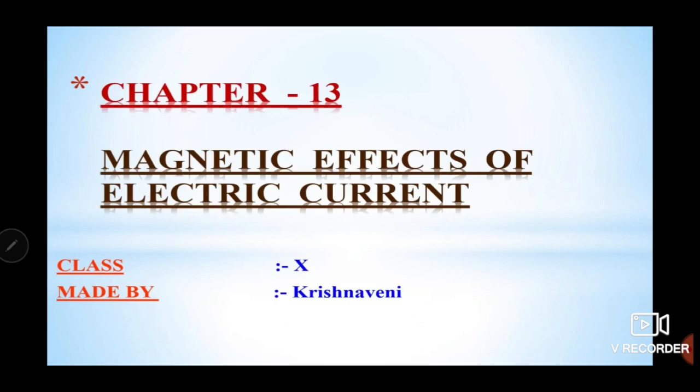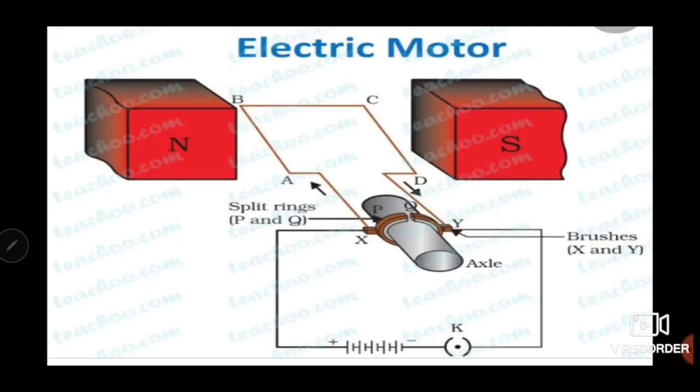In our previous classes, we discussed the lesson magnetic effects of electric current. In that, you have learned many concepts: Fleming's left-hand rule, the meaning of electromagnetic induction, right-hand rule, right-hand thumb rule, and magnetic lines of force around a bar magnet, solenoid, and straight conductor carrying current, and even the working principle and procedure of the AC generator and domestic electric circuit. After that, in this class you need to learn the next important concept, the electric motor.